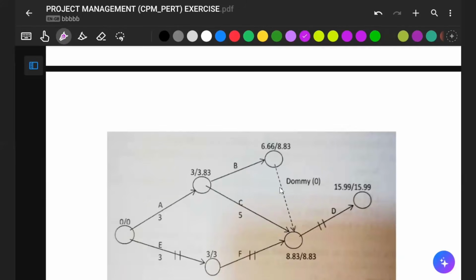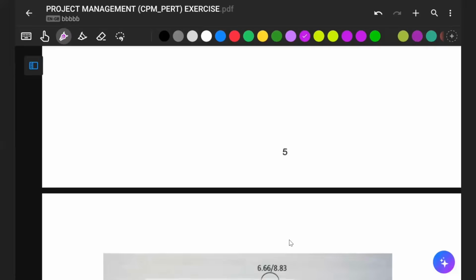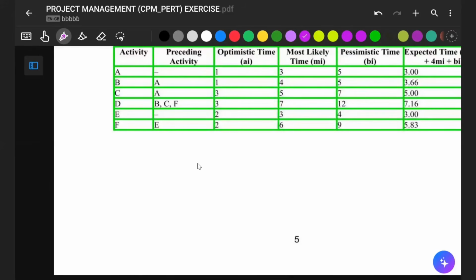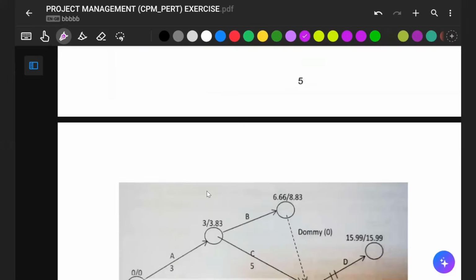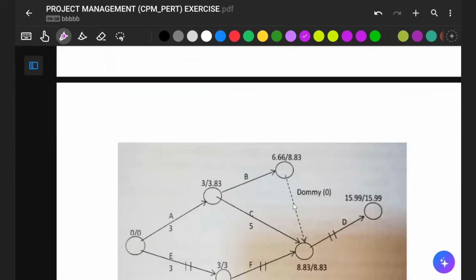That means B, C, and F are going to meet at a particular node. And that's what you have here. Look at it on this table: B, C, and F. So, like I said the last time, how do you connect B to F? You use this dotted line, which we call a dummy. It's not an activity per se. It has no time duration, no resources, nothing. It's just for us to complete this. B cannot stand alone as an open node this way. So when that is done,